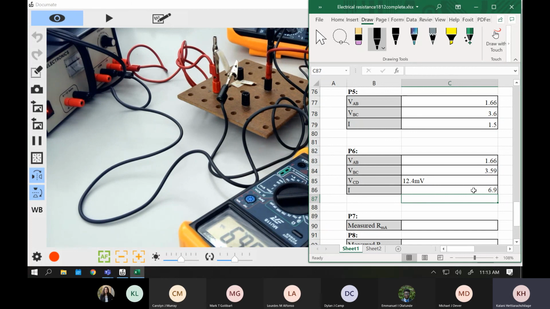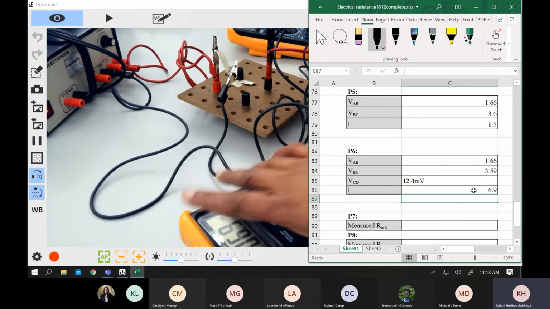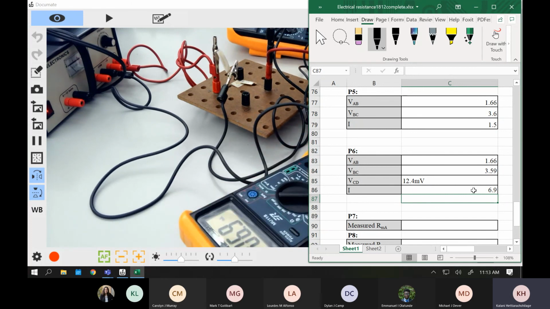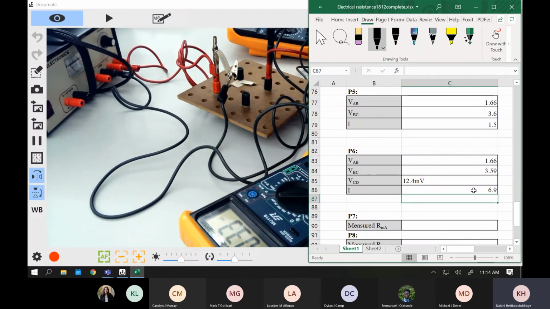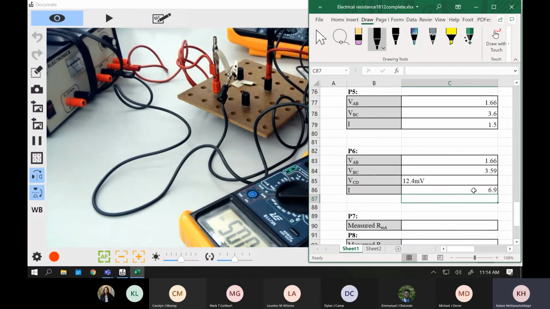Okay, so now we are done actually. So now you guys can lower the voltage. It's already counterclockwise. Make sure that it's all the way to the counterclockwise, and you can switch off the power supply. And then you're going to unplug your wire of the power supply, right?